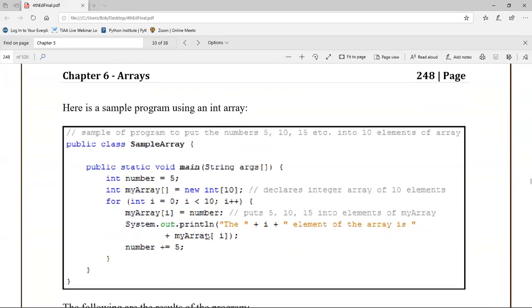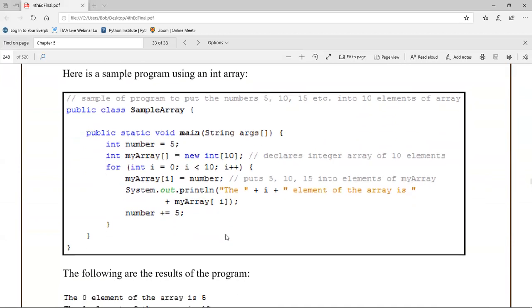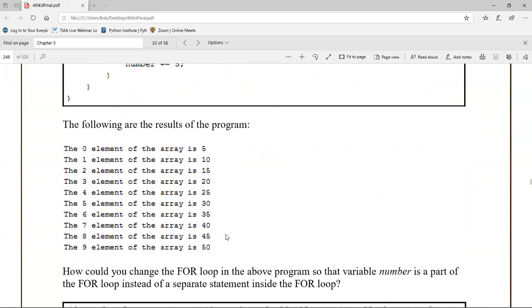Here is some example program. These are programs I'm going to show you at the end of my review of this chapter, so we'll have some live code to look at in just a minute. But basically, in this particular example, I declare an array to hold 10 elements, and then I populate it using a for loop. Here you see the output,